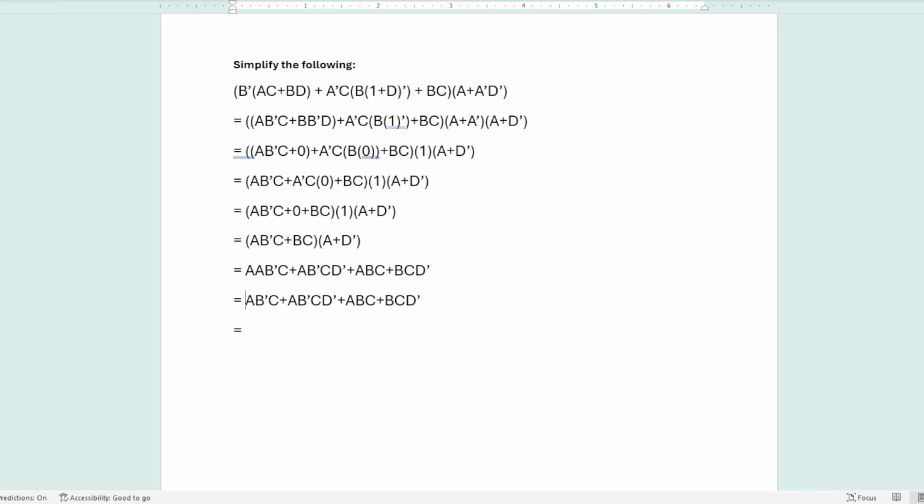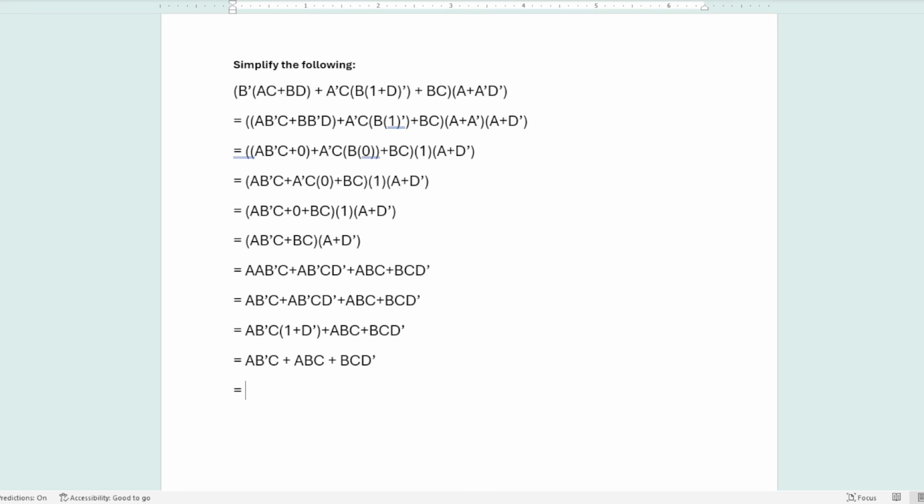I can see that from the first two terms I can actually take a b prime c as common. So if I take it as common, then it becomes 1 plus d prime, and for the last two parts I can take bc. For the time being, let's just keep the last two parts as they are. Let's see what happens. Next it becomes a b prime c, because 1 plus d prime is just 1, so I'm not going to write that down again. So now the equation becomes like this.